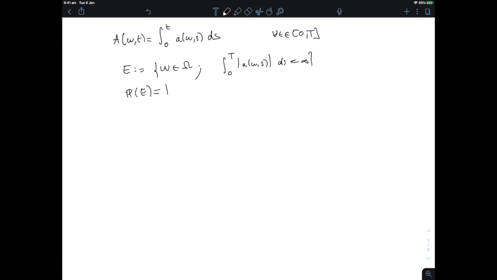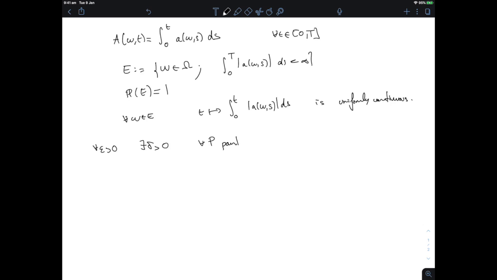So what can I say? If I have something that has a finite integral like this, then I can also say that for every ω in E, the map little t goes to the integral from 0 to little t of a(ω, s) ds is continuous, and it's continuous on a compact set, so it's uniformly continuous. Okay. Now, if it's uniformly continuous, that means that for every epsilon, there exists a delta, such that